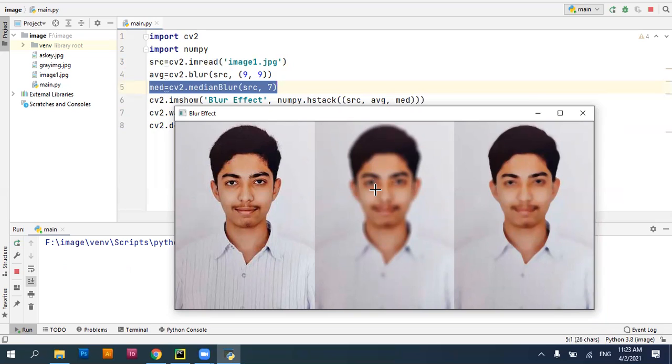You can notice this is an average blur effect applied on the image, both in terms of the x-axis and y-axis, and I have specified the kernel value. The higher the kernel value, the higher the blur effect that is used. And you can notice that in the median blur, we have specified the percentage of blur effect that has to be applied. And the important aspect of using median blur is to remove the salt and pepper noise which exists in the image. So this is an important video where you can learn how to apply an average blur effect and a median blur effect.